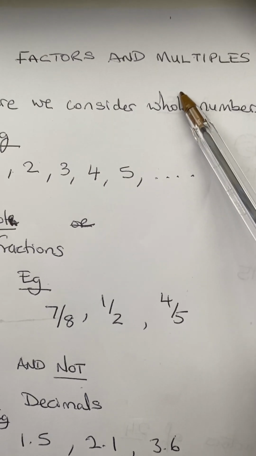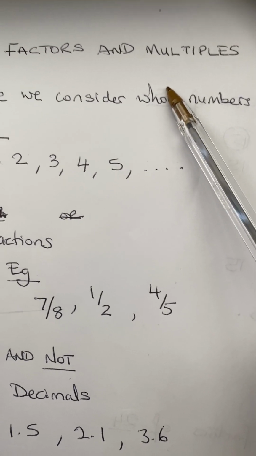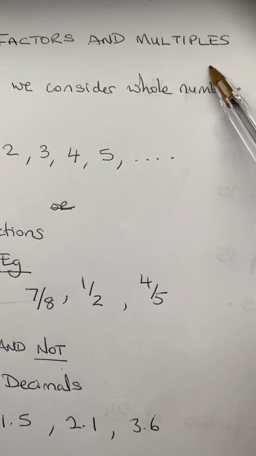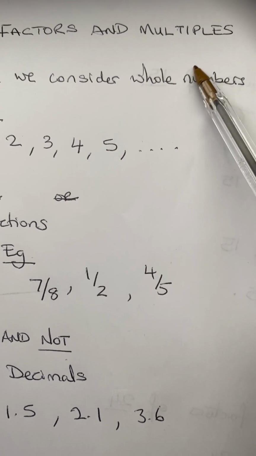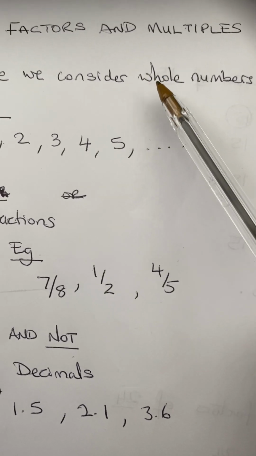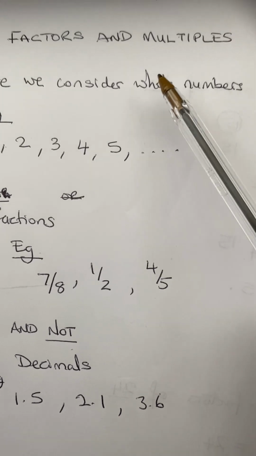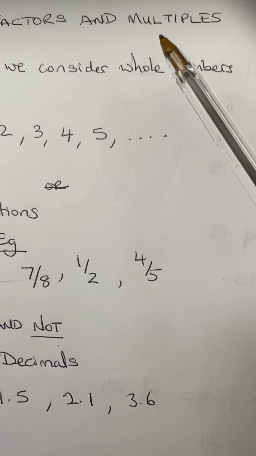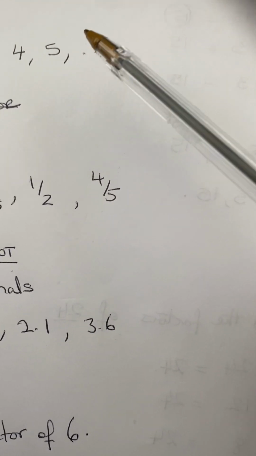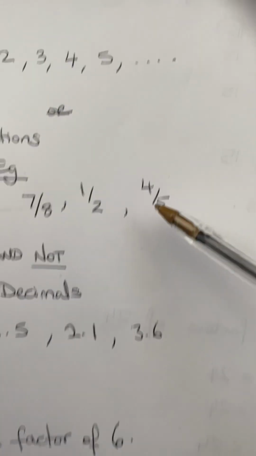So if they say find the factors of or write the multiples of a number, your answer should be whole numbers. If you are putting down fractions and decimals, it should be a clue to you that